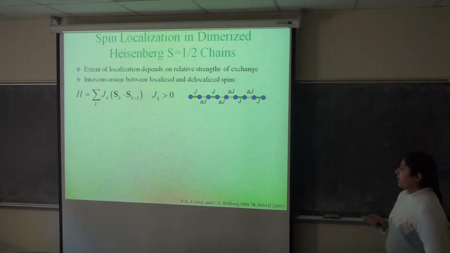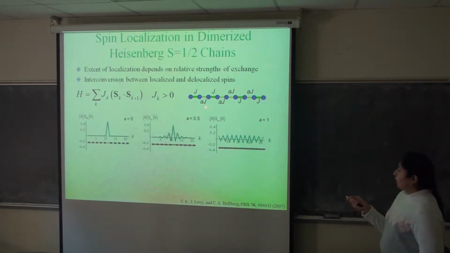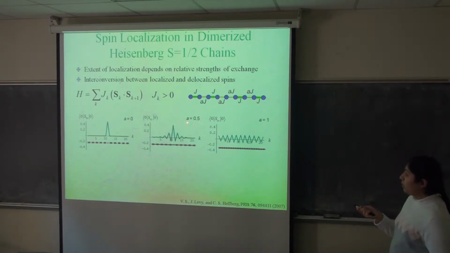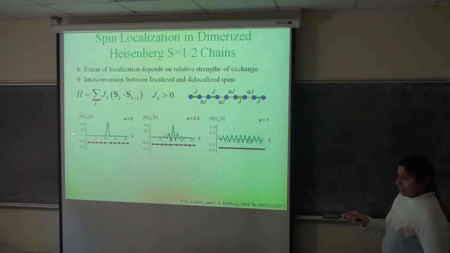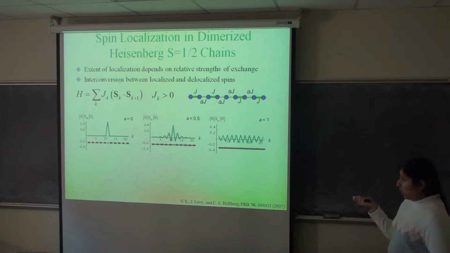So to study the ground state of this system, we can look at the spin density. And if we initially let one of the exchange constants be 0, then we have a single spin at the center that's surrounded by isolated spin dimers on either side. And the non-zero spin density in this case is localized entirely at the center spin. And if we now increase the value of one of the exchange constants relative to the other one, which means that we're coupling the spin dimers more strongly to the center spin, then the spin density becomes more and more delocalized. And so this gives us a method for converting between localized and delocalized qubits by varying the exchange dimerization